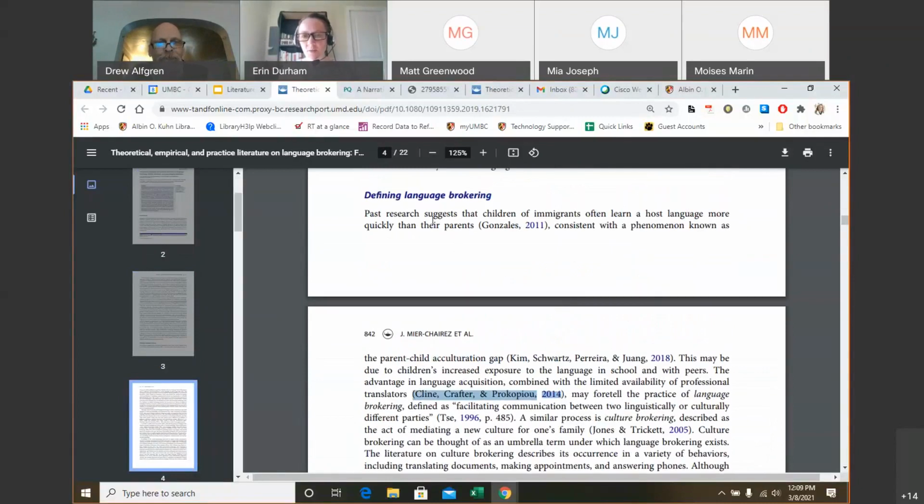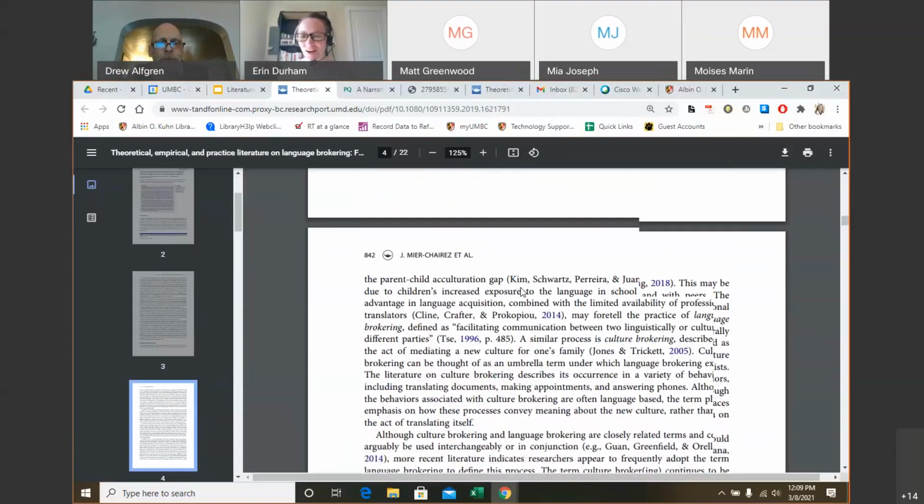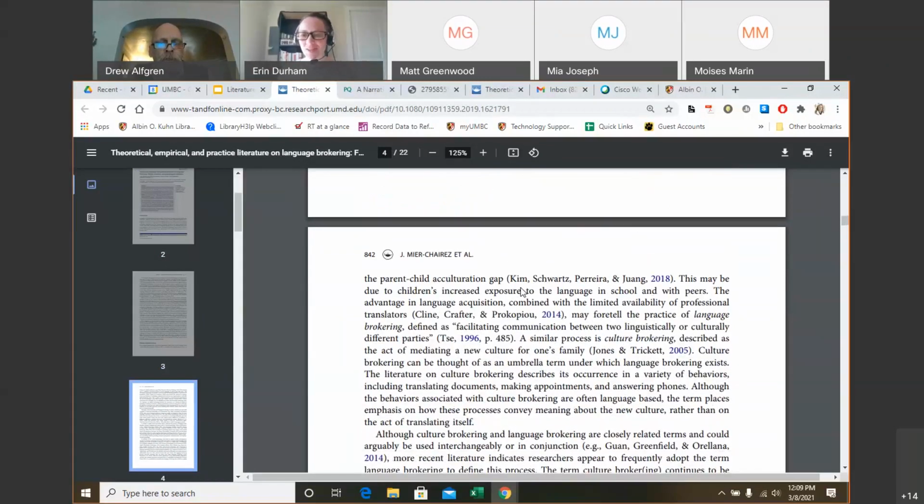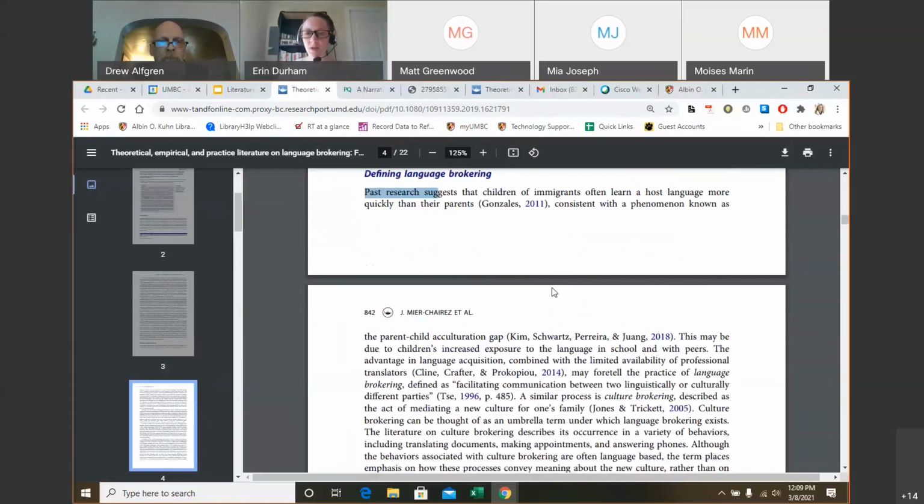You're going to see the discussion of past research. And there may even be some arguments going on or discussion. There may be scholars who have differing perspectives. And so that's going to be brought out in the literature review. The other thing about a literature review is there's probably many aspects of the topic. So this is a definition of language brokering. Further down,